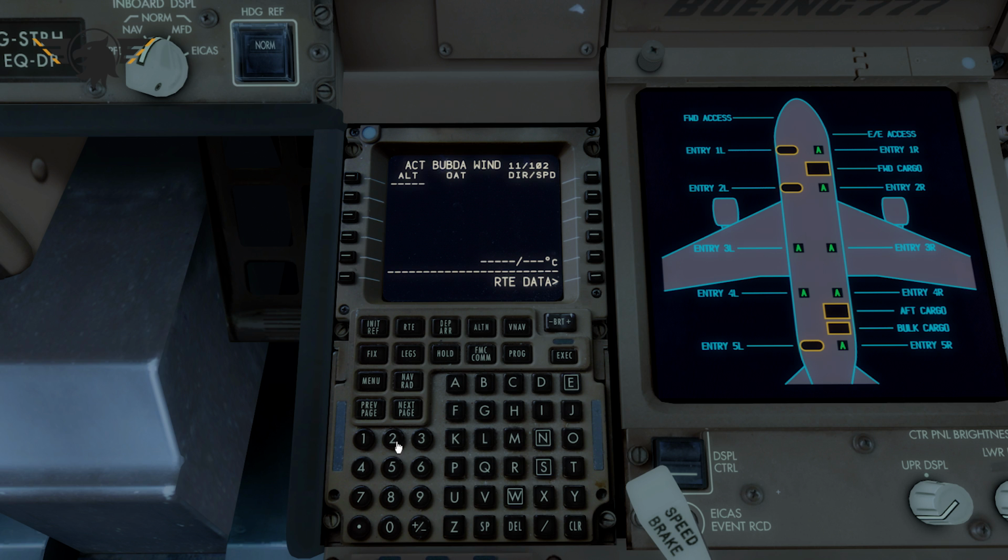So for that, we have winds available at 252. We have winds available at 272. Remember, we're still on metric, so that's why that happens. We have winds at 292. And we also have winds at 312. We can execute that, and for where we're going,